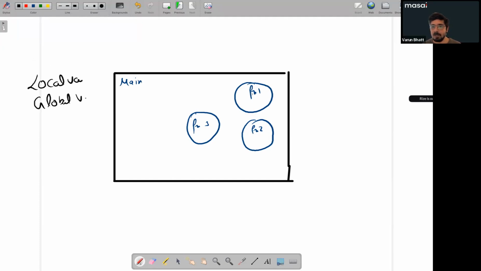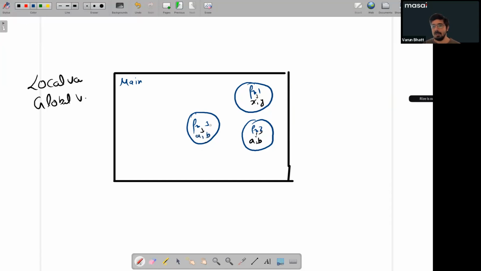You can create local variables and you can create global variables. So remember one thing, suppose you are creating some variables inside this function, suppose x comma y. In another function also you can use x comma y. So this is not the same x comma y, it's a different x comma y. This function can only access this one, this function can only access this one, and function 3 can only access, suppose there are variables a comma b. This function cannot access these variables. So this is called local scope. So for example,